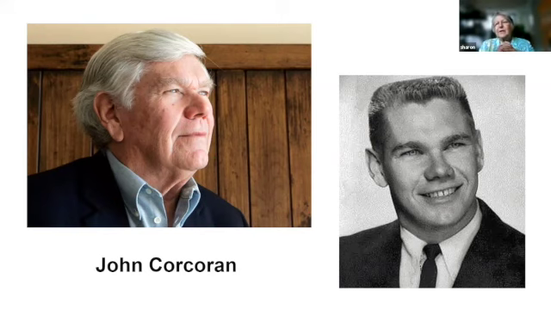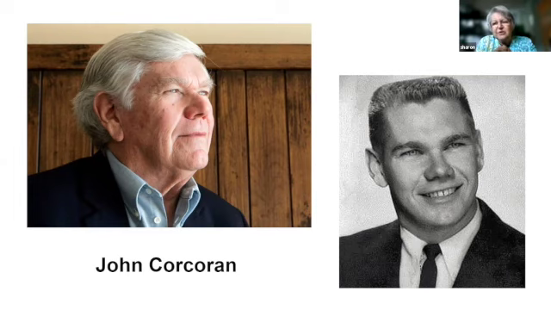I wanted to tell you about a well-known functional illiterate named John Corcoran. John Corcoran started school about the same year I did, 1950. John Corcoran was taught how to read in the same way I was taught how to read, except John Corcoran didn't learn. He didn't learn in first grade, second grade, third grade. He didn't learn in 8th grade. But he was passed along and he went into high school. You can see his high school picture there. He was a real popular guy. He was a jock, had tons of friends, and those friends got him through high school. They did his papers, took his tests, graduated from high school.